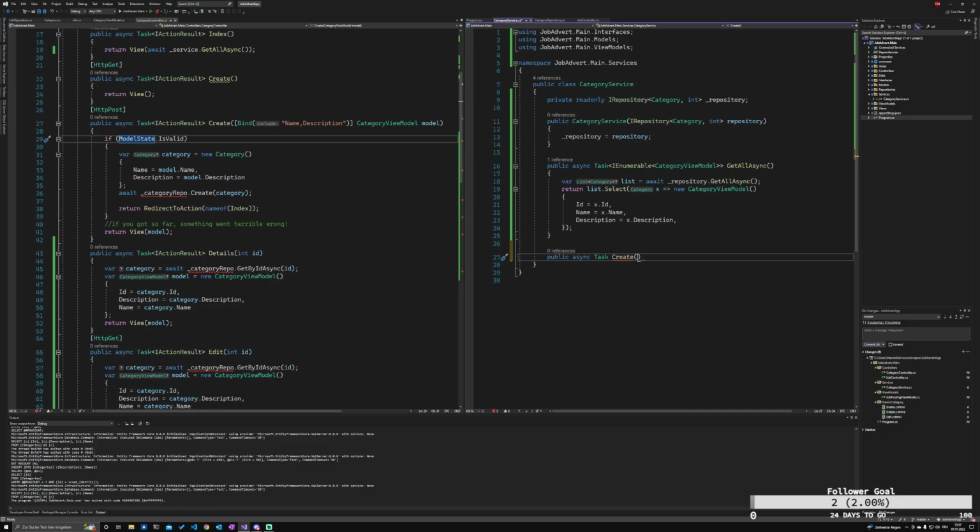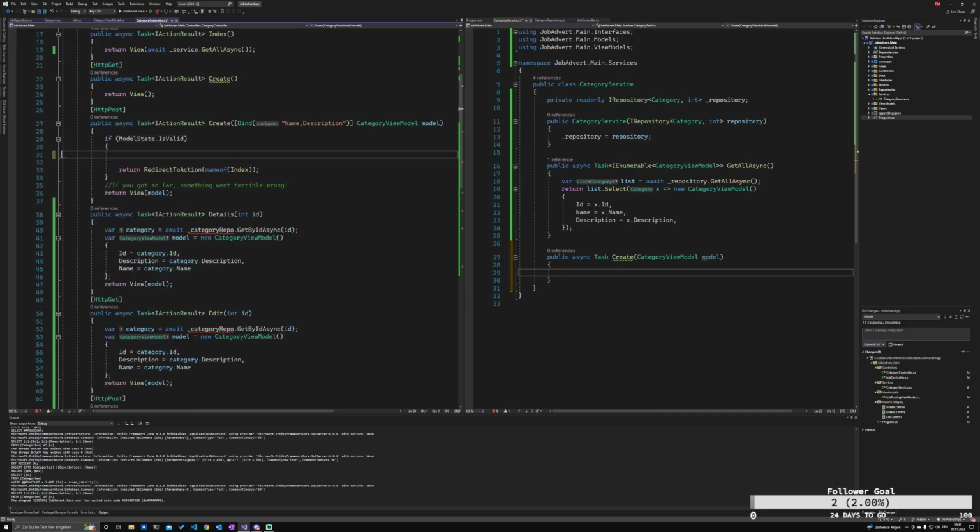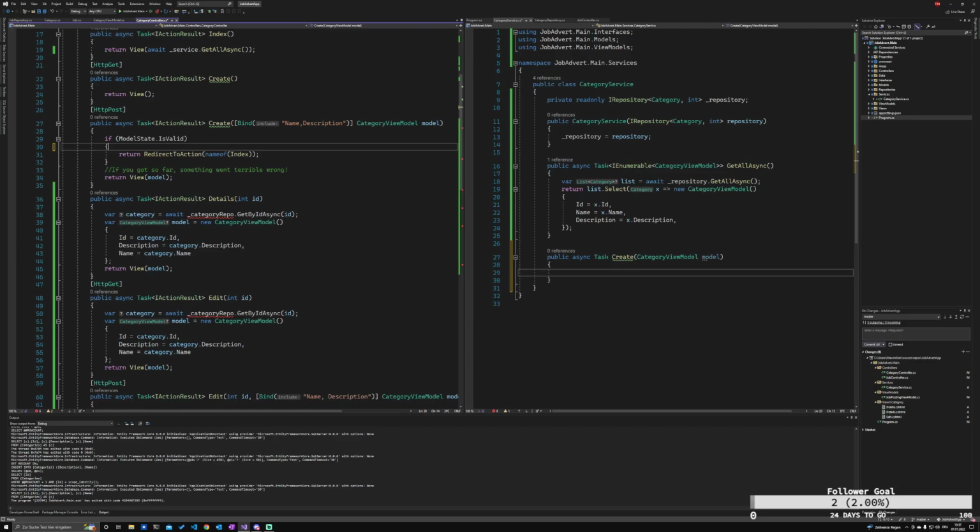So what do we create? We create a new category. But we don't get the model, we get the view model. So CategoryViewModel as a model, and then we do exactly this here. Copy that, and we're passing this over here,